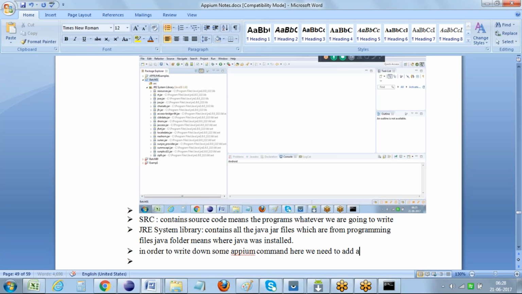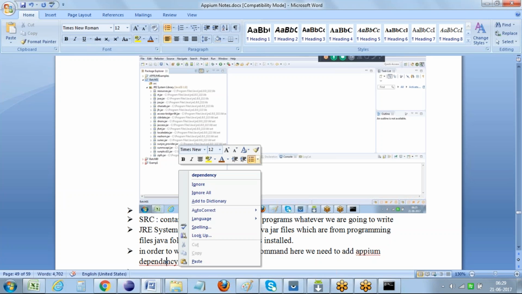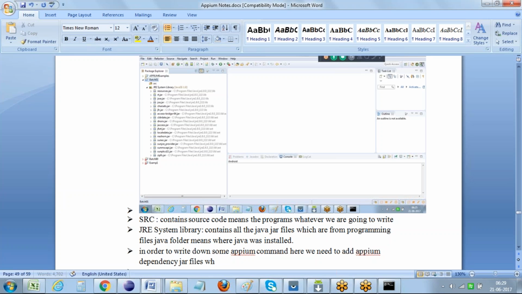We need to add Appium dependency jar files. That particular jar file is the Appium Java client jar file, which is the one we need to add to this project. So in order to add this one,